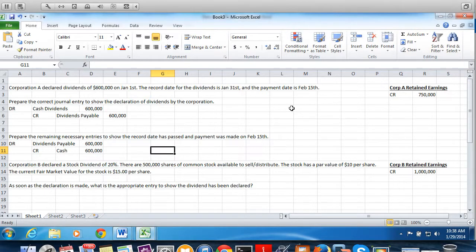So say at the end of the period, when I go to make that transfer, it would look like this. So you'd have a debit to retained earnings for $600,000 and a credit to cash dividends for $600,000. Okay, so what that effectively does is it closes out the cash dividends account, so that zeroes out. And then since I have a credit balance over here, if I added a $600,000 debit to this account, like so,